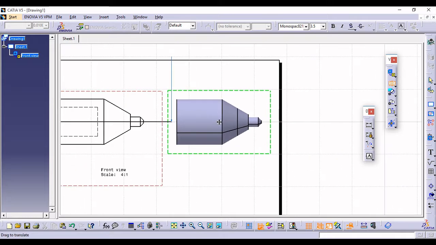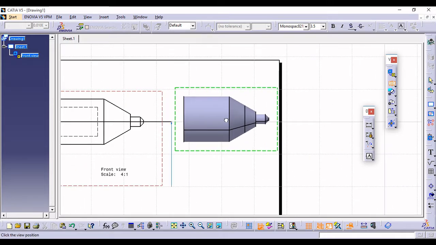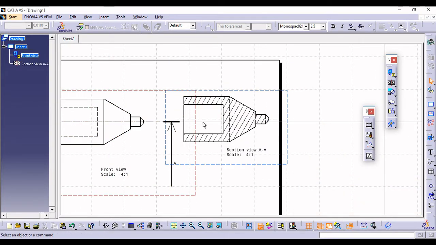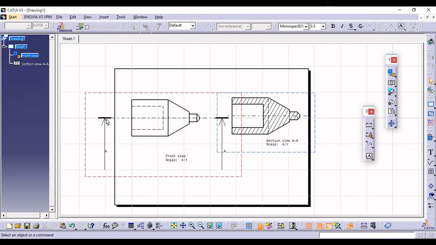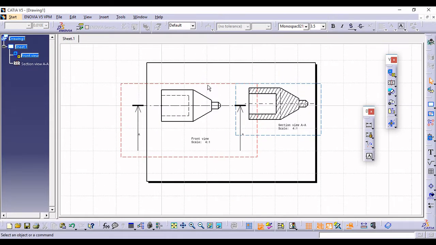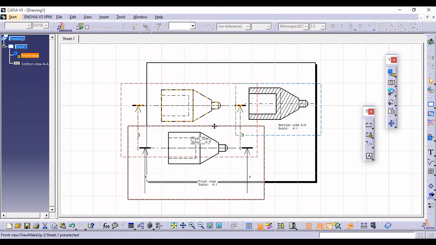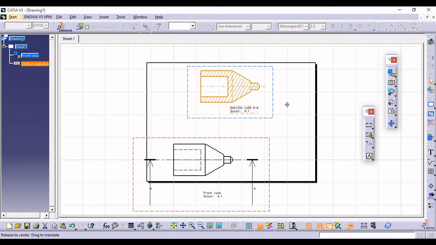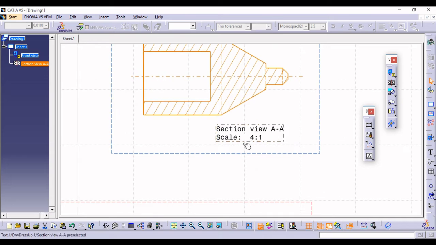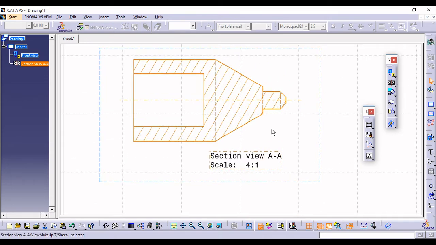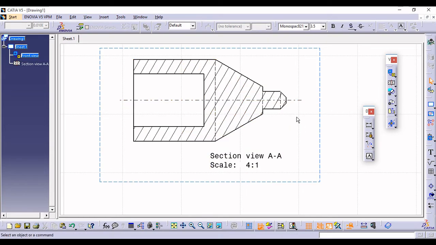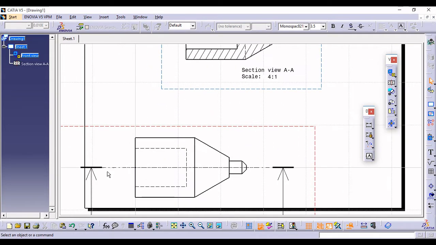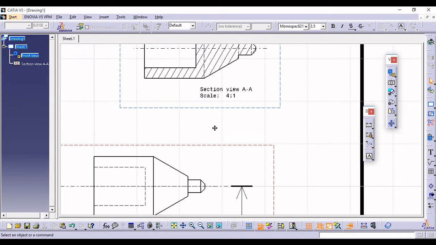Now see, in this way the view comes, which we call a sectional view, by using a parallel plane. I'm simply moving this part down and focusing on this particular one, that is the sectional view at scale 4:1. So in this way, by using this particular sectional view, one can take a section of this one, either like this, or maybe in angular fashion.